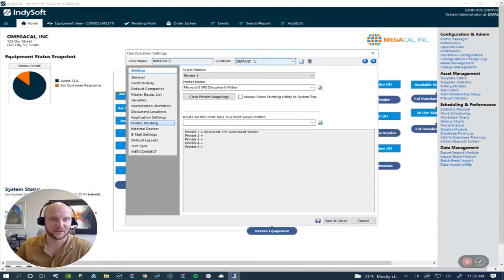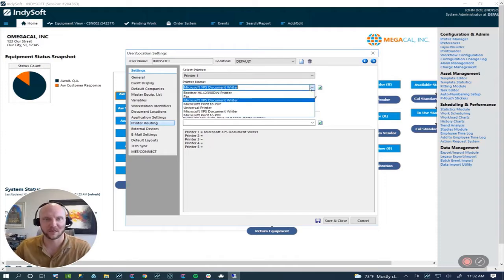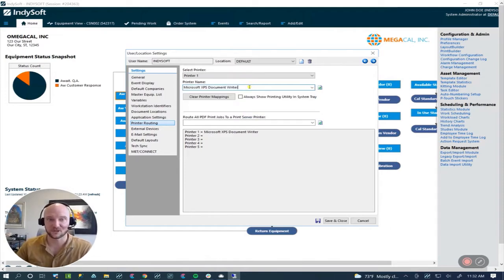That's what everybody uses. So whichever printer you need to select, whether it's printer 1 or 2, however you normally do your routing, just make sure you're pointing that, and then you're going to select your printer name. Now, if you're in the cloud instance and you do not see your printer name when you do this, that makes sense. You would need to use WebTier tools specifically. But just note that whatever your printer is, so let's say I wanted to point to my P-Touch 9700 and it's not listed here, not the end of the world. You just need to type that in exactly as it would appear on your single user system. So we're going to type in